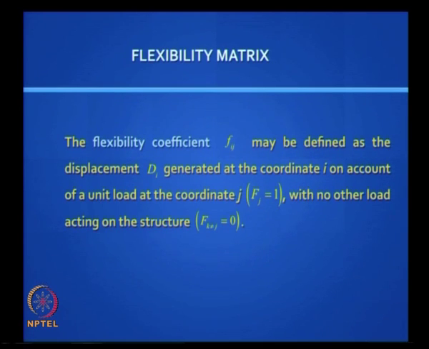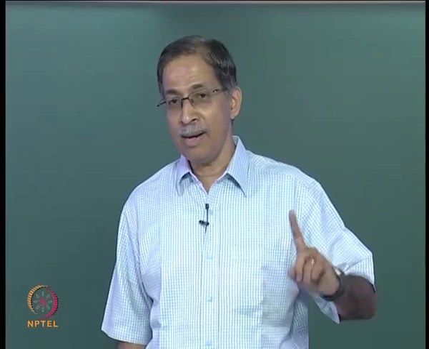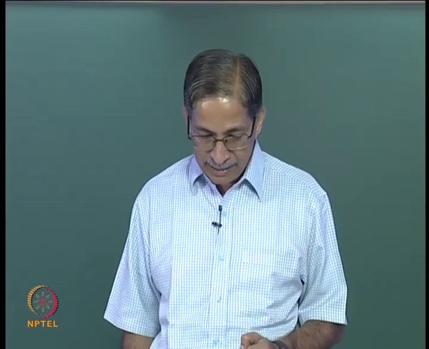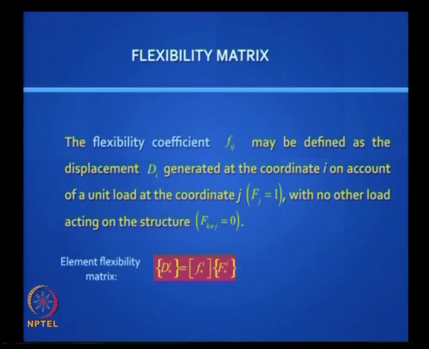Flexibility matrix definition you know, okay, just like the stiffness matrix, each element is called the flexibility coefficient. Fij is defined as the displacement di generated at the coordinate i on account of a unit load at the coordinate j, that is Fj equal to 1, with no other loads acting on the structure. In stiffness method we said the same thing and said with all other displacements arrested, then only the definition is complete. You can write it this way, okay, you can put all the elements together this way,